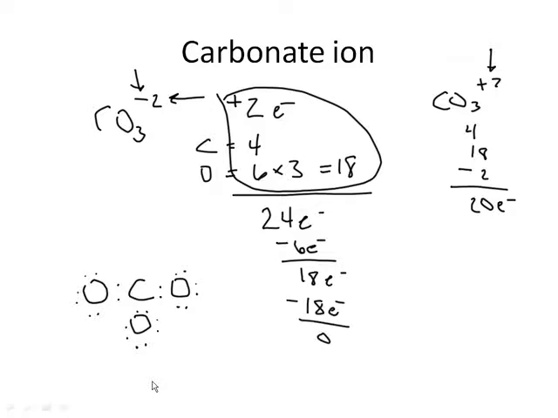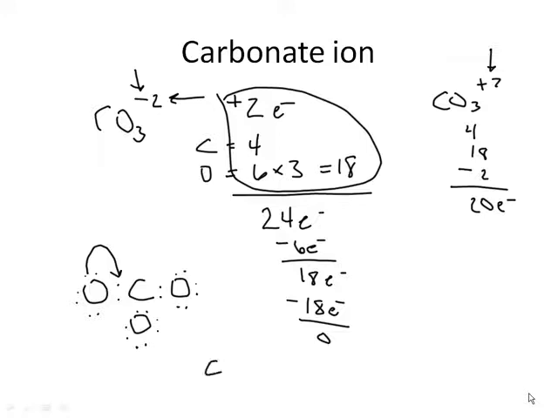But someone does not have access to 8. Carbon only has access to how many electrons? 6, which means that it needs access to 8. So I'm going to ask one of the oxygens to move a non-bonding pair of electrons into the bond. And it doesn't matter which oxygen I choose. So I'm just going to do this one, which then means that now my structure